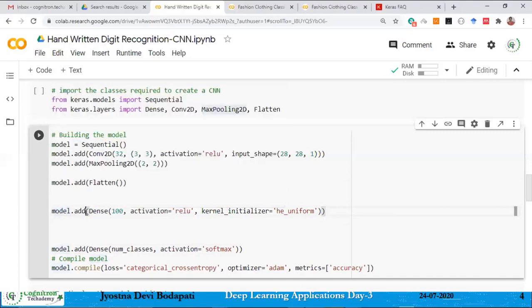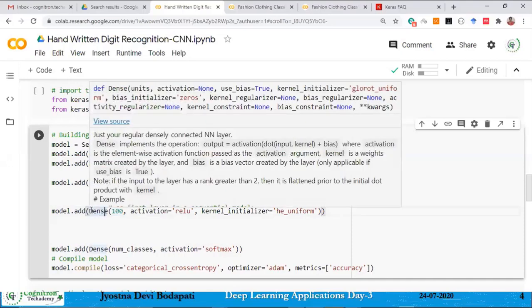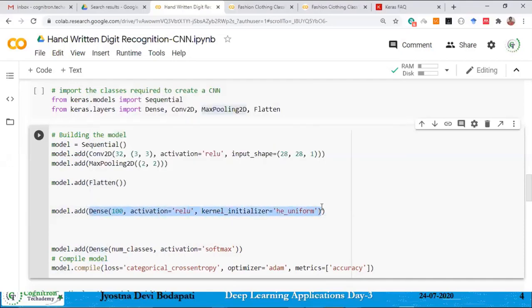You can use the add method as usual, and then create the dense layer object. When you create the dense layer, you have to pass these arguments. This indicates how many neurons you want in the dense layer. Then what is the kind of activation you want? Here I am going to use the ReLU activation function. And the kernel initializer, what is the kind of initializer?